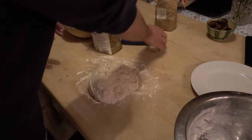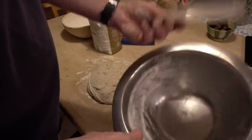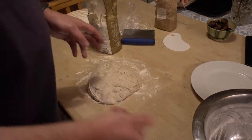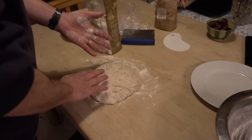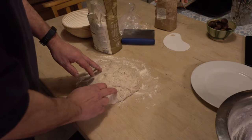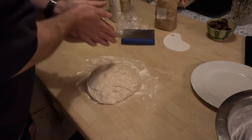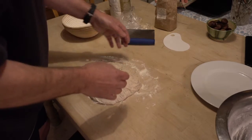If you find that difficult to do, then use this and use that. That's what that's for, scraping this. However, as I said, I don't tend to use that so much anymore. So now we've got the dough down there. As you see, it's got some sort of bubbles in it. I'm not going to try and get those out, but I am going to try and put a bit of